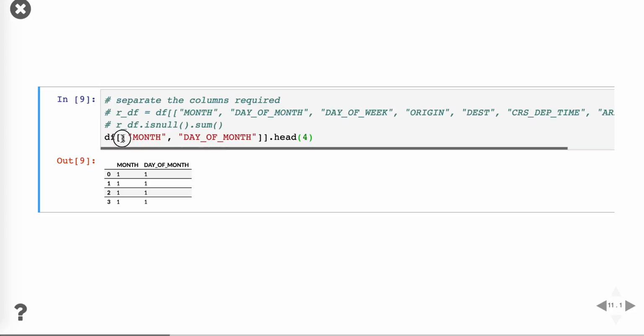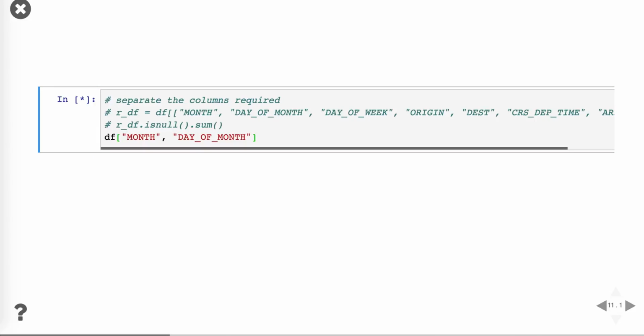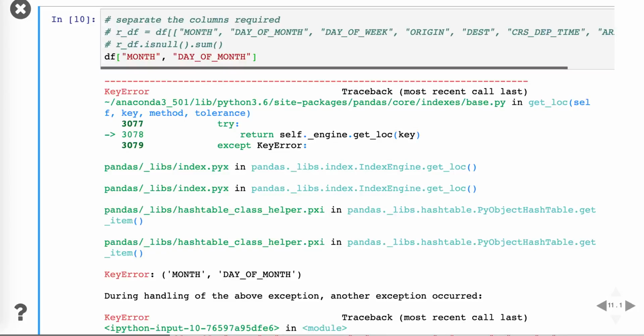And you can ask me why I have given these 2 square brackets, why not 1? Let's see how it behaves if we have only one. See, you will get the error here. So that means if you want to pull out the columns we should have that syntax. So that is how you pull the columns from the data frame.